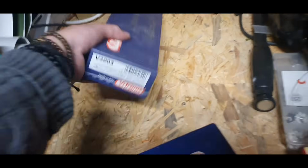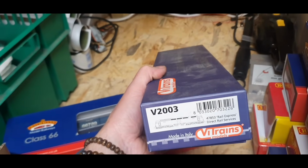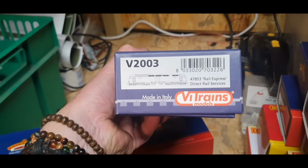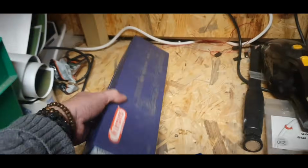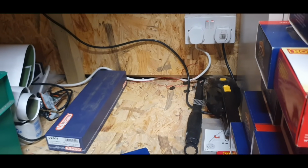And last but not least, we've got a Vitrains. I don't normally buy Vitrains, and if you do like Vitrains, then fair enough. I've had loads of Vitrains Class 37s. They were very reliable, but this one came up quite cheap from a mate. 47853 Rail Express Direct. Yeah, that's a nice model. I like that one. That runs really well. So I'm going to put these all back,